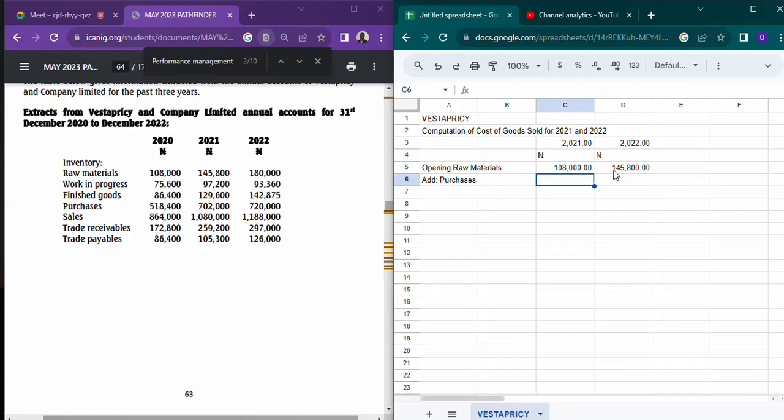How much is the purchased goods for 2021? Maybe the actual year. So 702,000 purchases, and how much? 720,000. Right? So with these purchases,